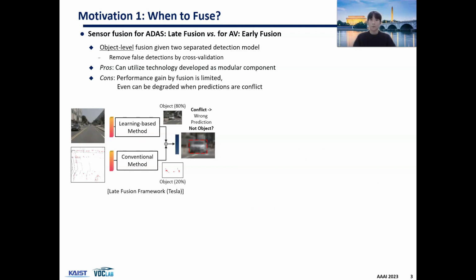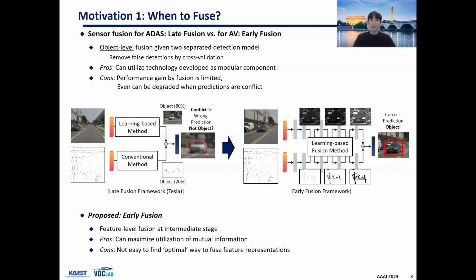But why is camera and radar fusion difficult? Typical sensor fusion for ADAS uses late fusion or object-level fusion strategies that fuse the final detection results at the last stage. Of course, it has the advantage that separately developed algorithms can be integrated at the car maker company level. However, we cannot expect high performance improvement from late fusion because we lose much valuable information if we only use the final prediction results for the fusion.